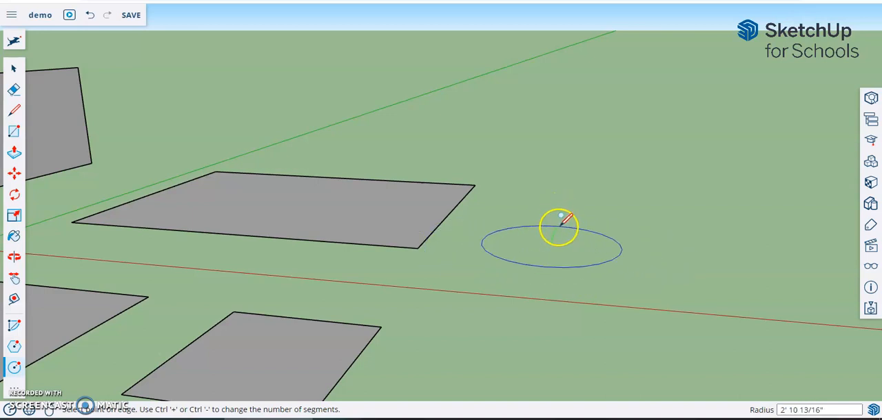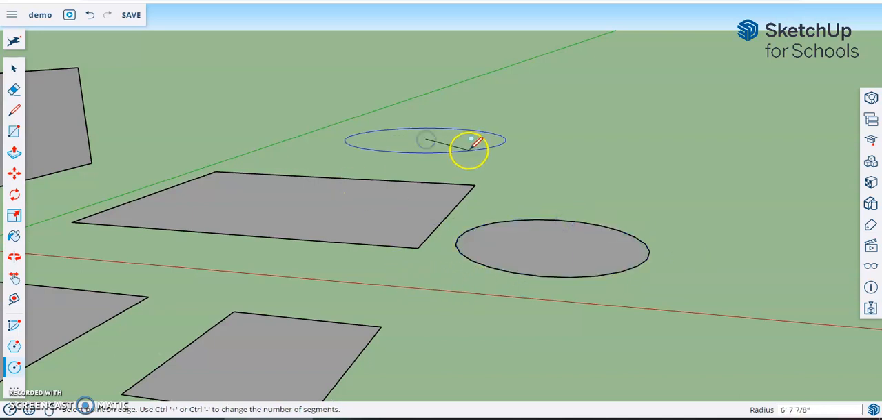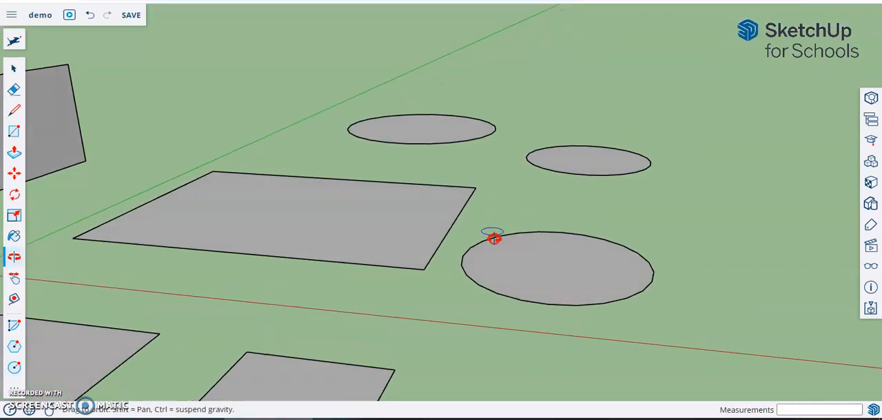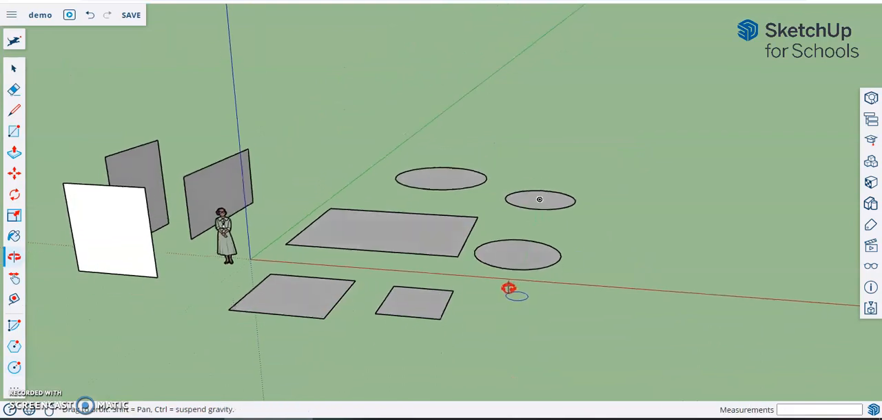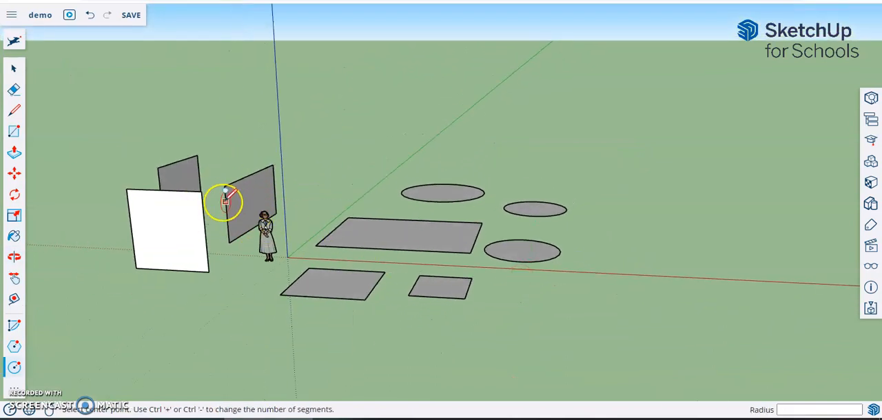And now as I move my mouse, you can see it changes the radius of that circle. When I've got a size I want, I'm going to click and let go. So practice making a few different circle shapes on the ground. Now if you want them to stand upright like these over here, what you're going to want to do is